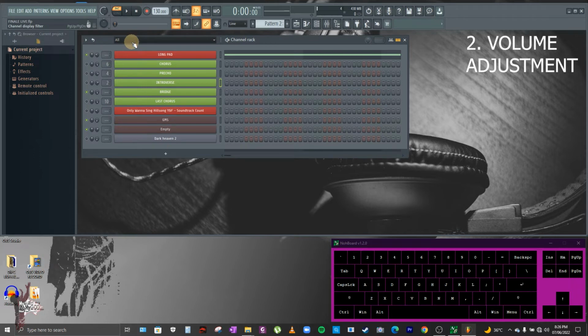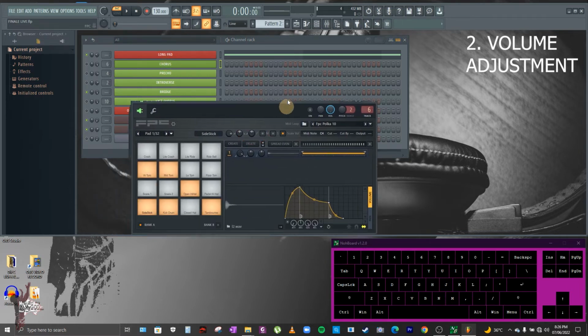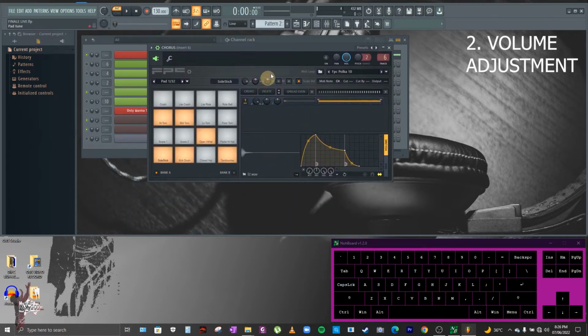Now for the third one, we have a pad volume. These are volume adjustments found inside this FPC pad. So for example, if I click this sample FPC pad, okay, here it is. When I click every single pad here, for example this one, the side click, after clicking this will mean now that everything that's inside here belongs to this specific pad.